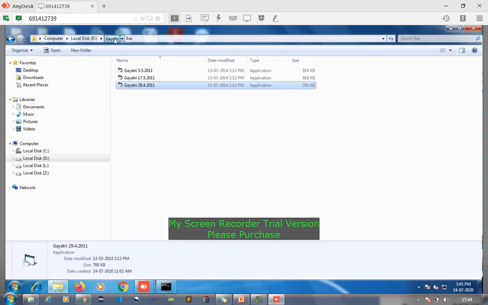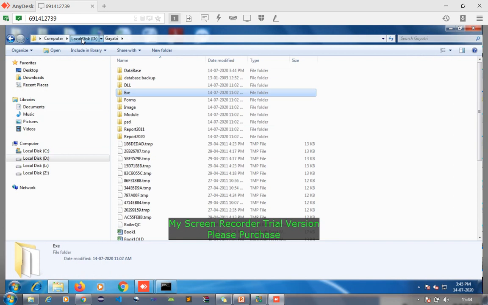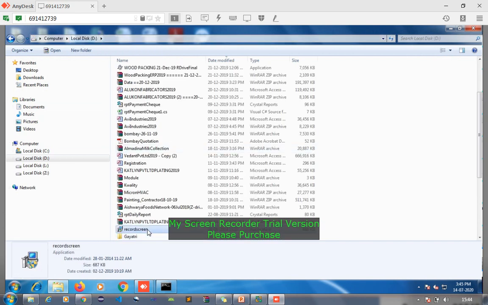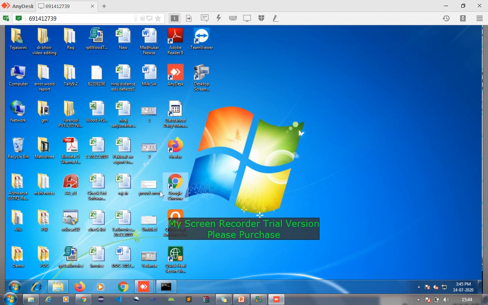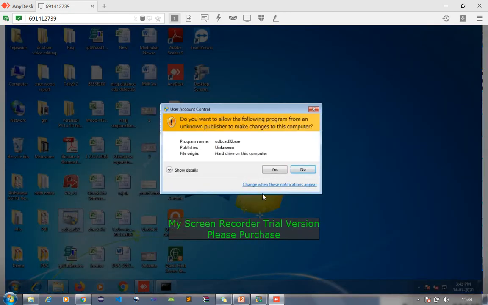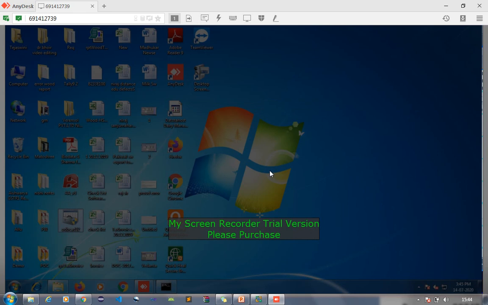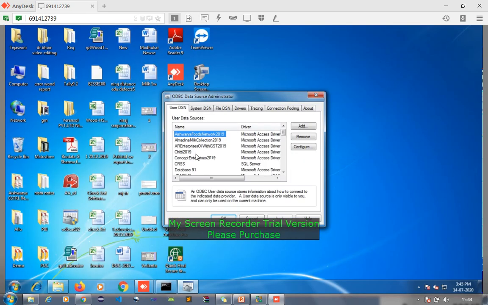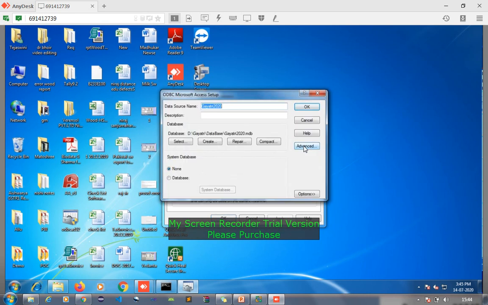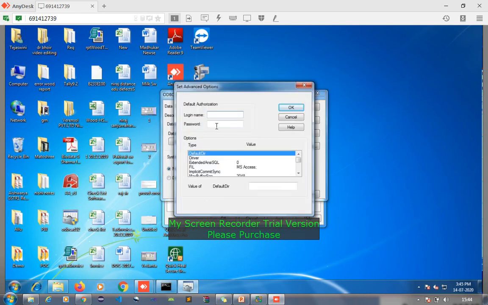I think I have to choose the ODBC file. I click on this ODBC because the ODBC on the computer is not working properly. Then I choose Gayatri. So Gayatri is there. I try to configure it. I go into advanced and the password is not given. This is very surprising.